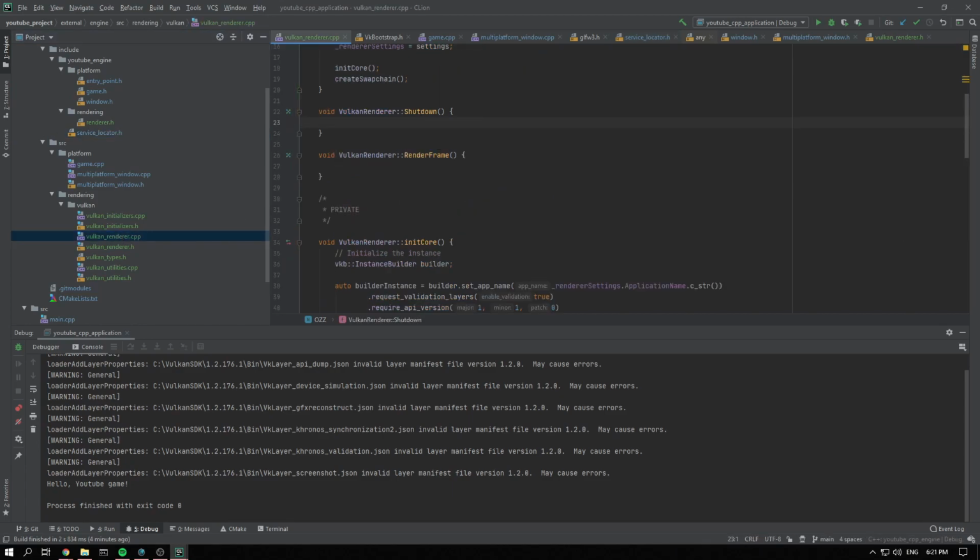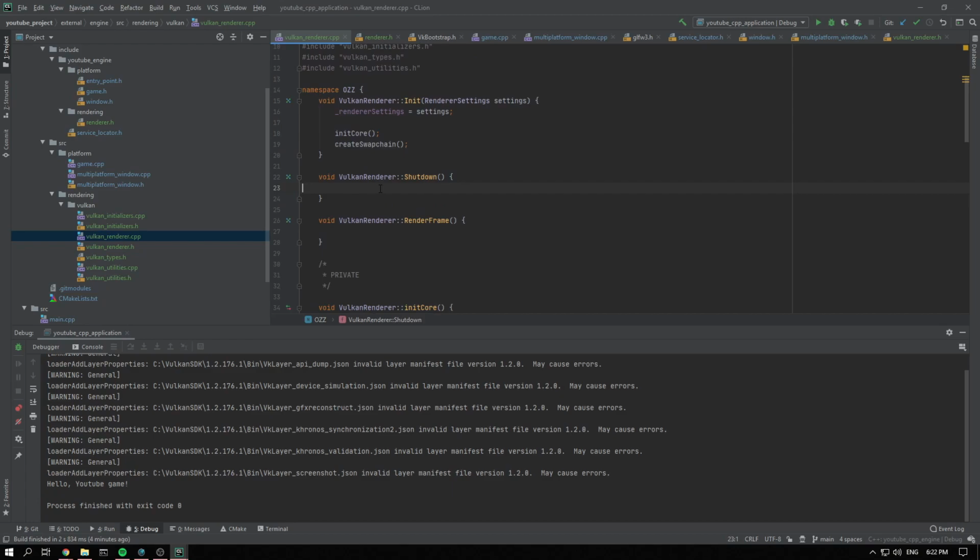All right, so in our shutdown function, what we are going to do is destroy a few things. We'll start at the end just so we can see if we can trigger some validation layers. First thing we're going to destroy is the device, null pointer, and then we are going to destroy the surface, vk destroy surface,